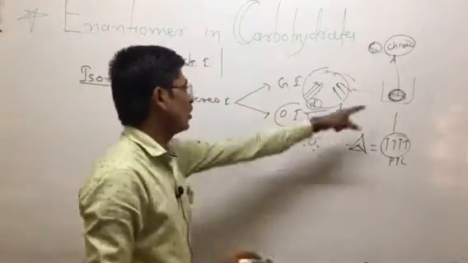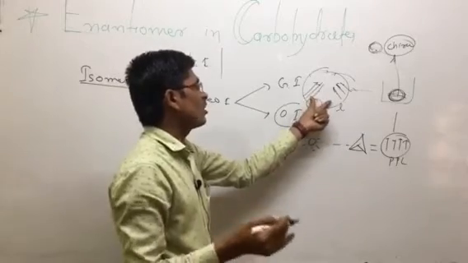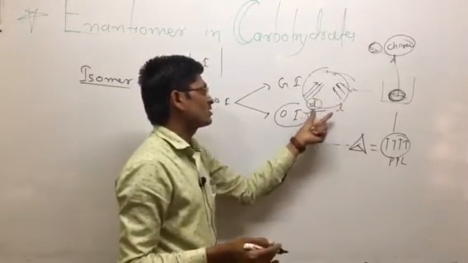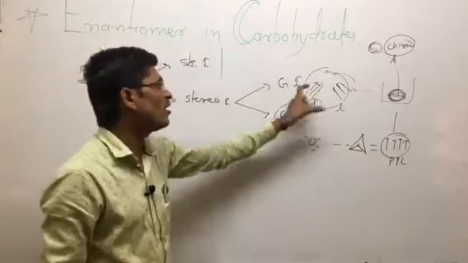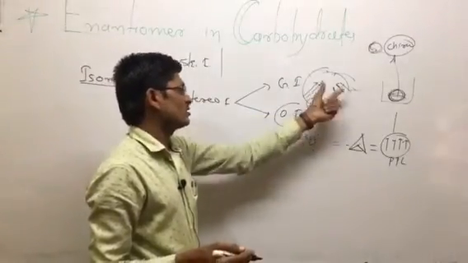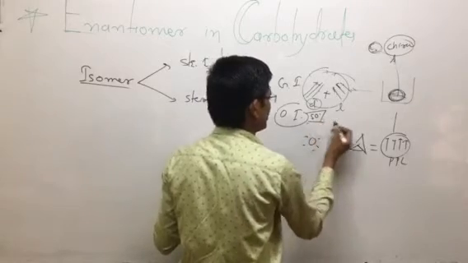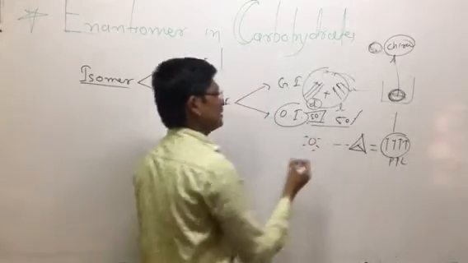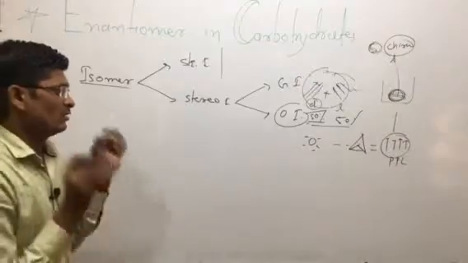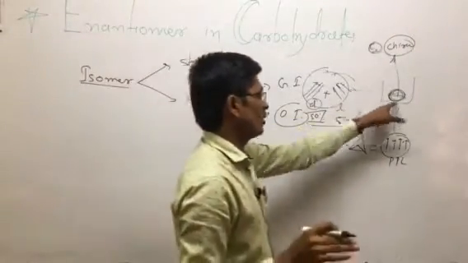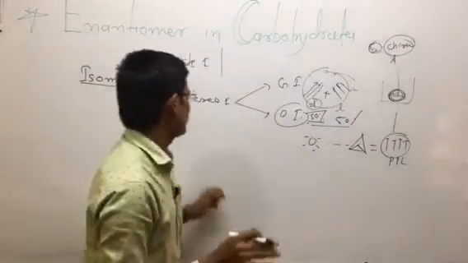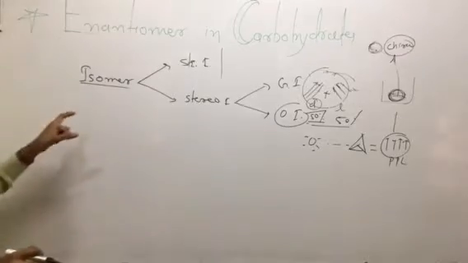Then the molecule shows rotation and rays are obtained, in the clockwise direction and anti-clockwise direction. Clockwise direction is dextro-rotatory and anti-clockwise direction is levo-rotatory. One is 50% and the other is 50%: 50% dextro and 50% levo. That is the formation of a racemic mixture, and this type of molecule is optically active, and this optical activity arises from isomerism.